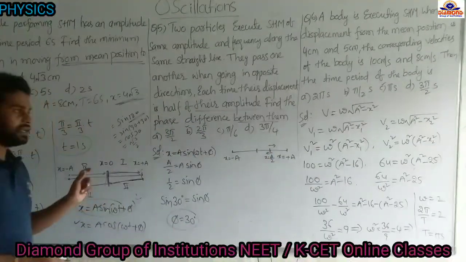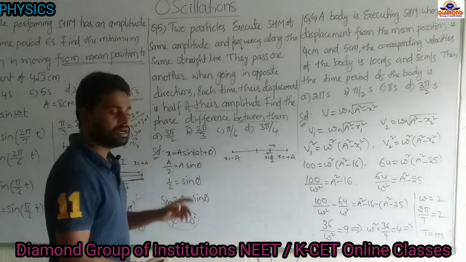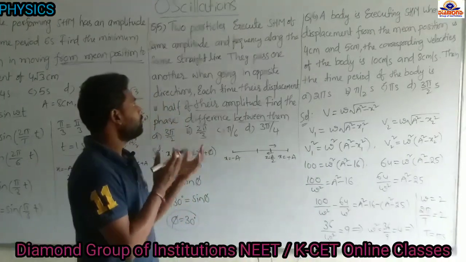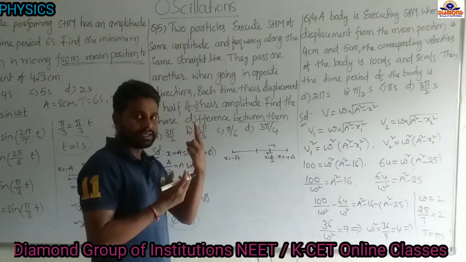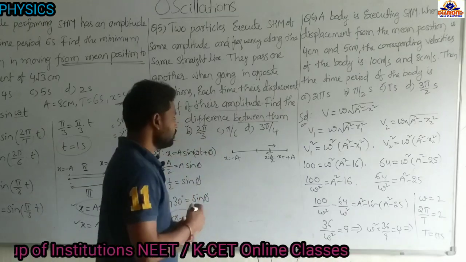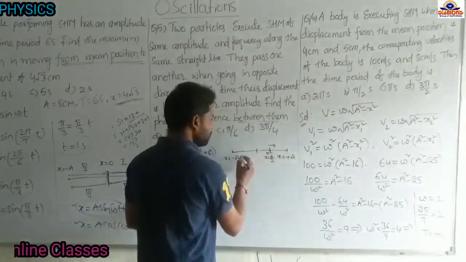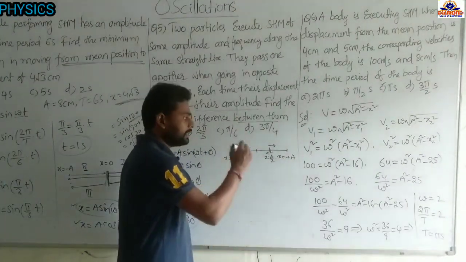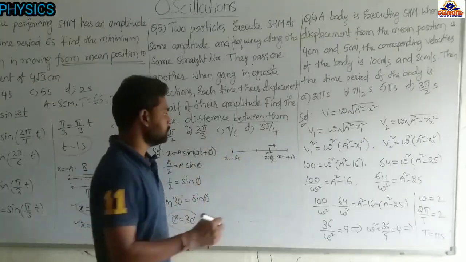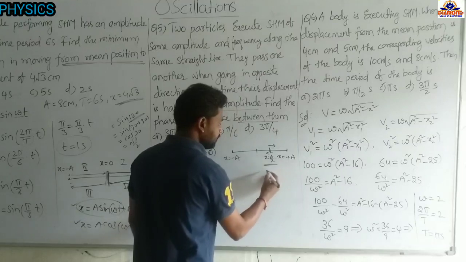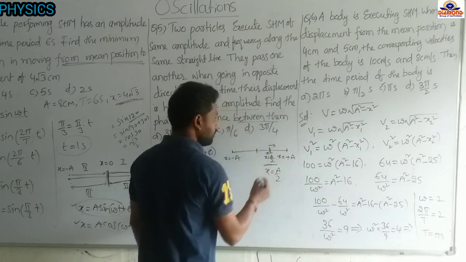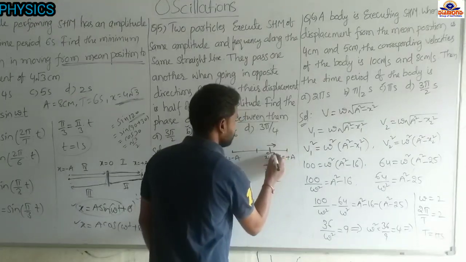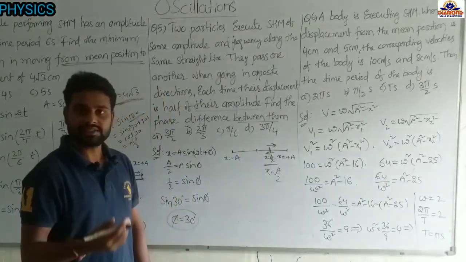By using this concept we can easily get it, and we can also get the phase diagram, but here I will tell you easily, just remember now. The particles are moving opposite to each other. When these two particles are crossing each other, both are in opposite directions. You can assume it here, so that we get positive and you may not get confused. At displacement equal to half of the amplitude, x equal to a by 2, two particles are crossing each other in opposite directions. One is going in this direction, one is going in the other direction. Then what is the phase difference between them?